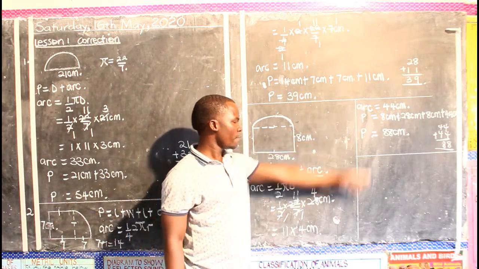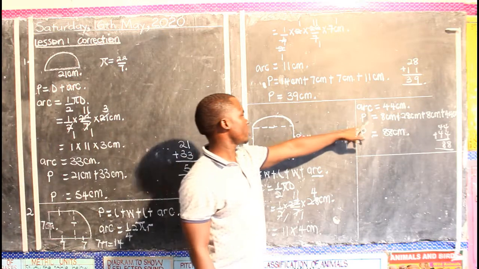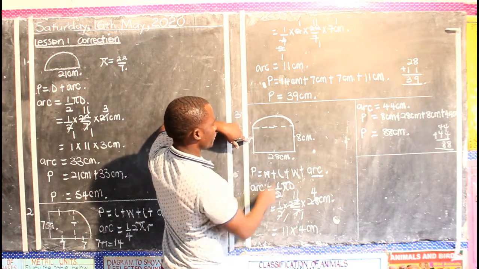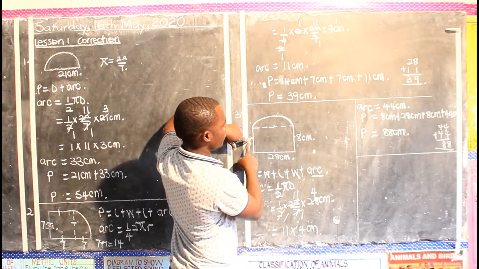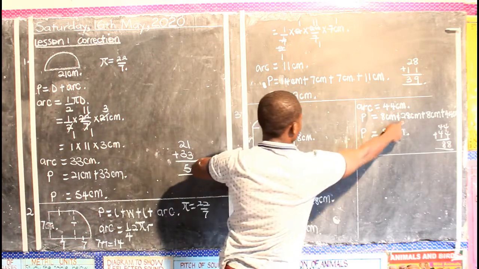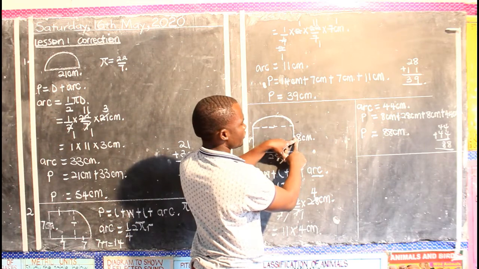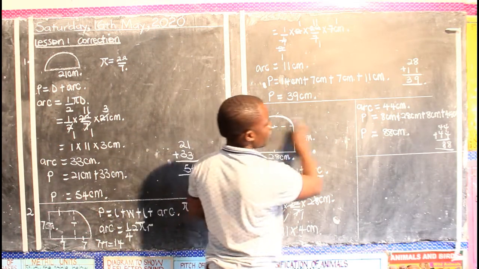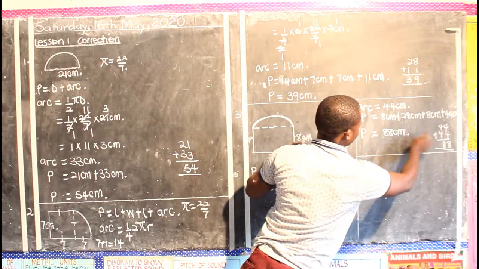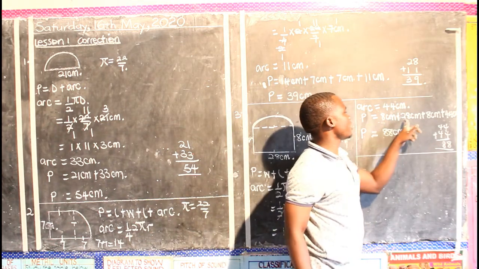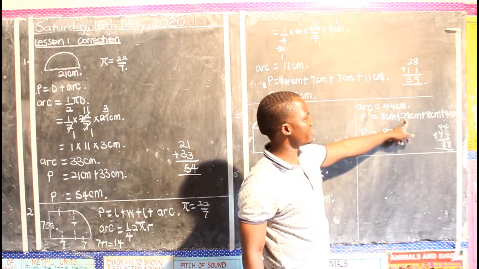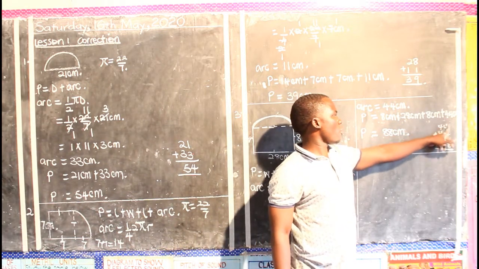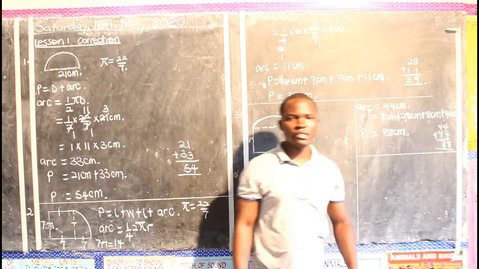We shall now go to perimeter equaling, the width here is 8, because this is 8. This is 8 plus 28 plus again the width, which is 8, plus the arc, which is 44 centimeters. When you add 8 plus 28, we shall get 36. 36 plus 8, we shall get 44. 44 plus 44, we shall get 88